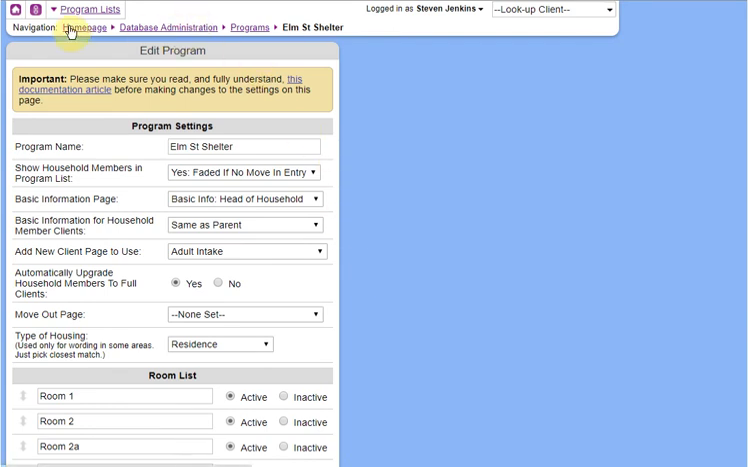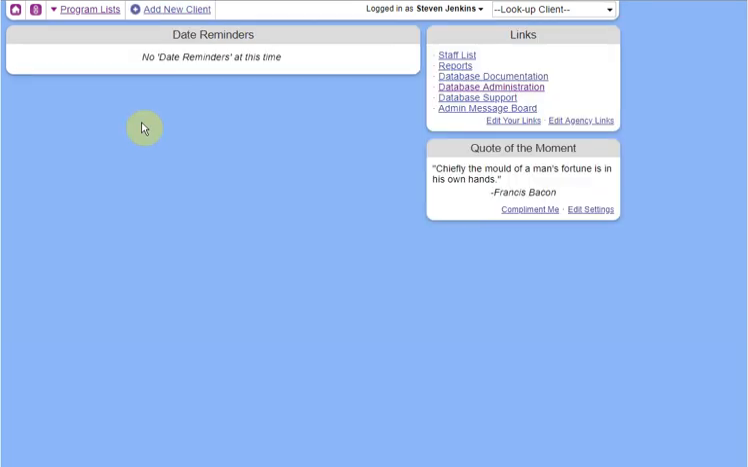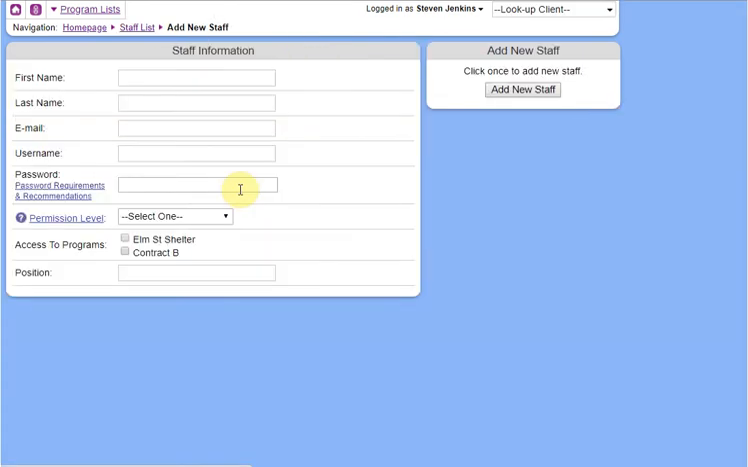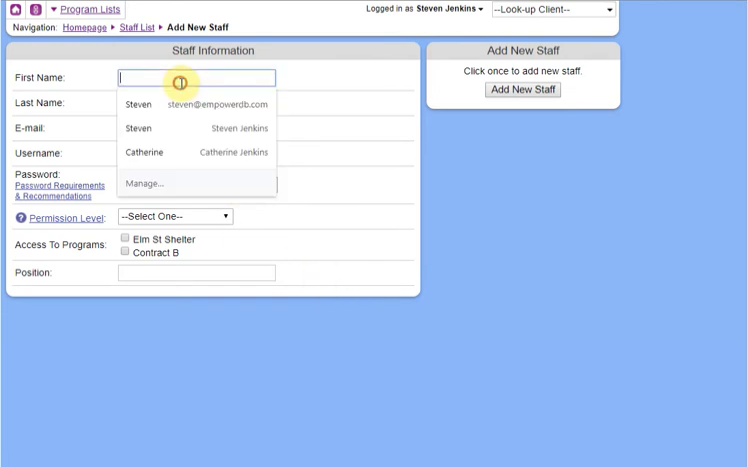The next thing that we can do is add new users. If we click on staff list, we had one user account created by default in that first step, but you can add as many user accounts as you like. A user with site administrator permissions has this link, add new staff, up top. And then we can click here and we can say,